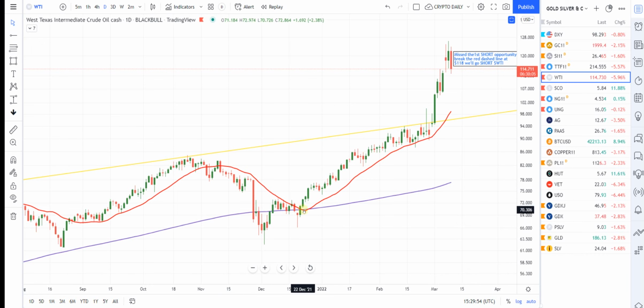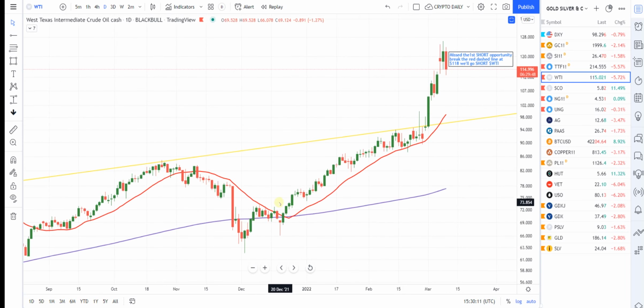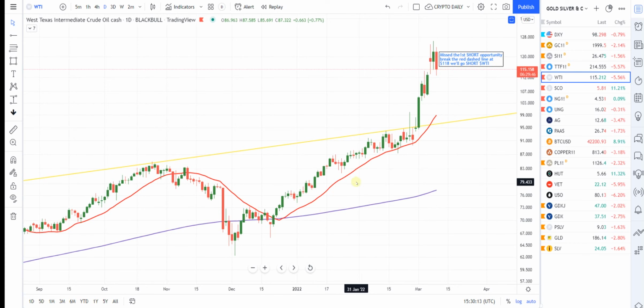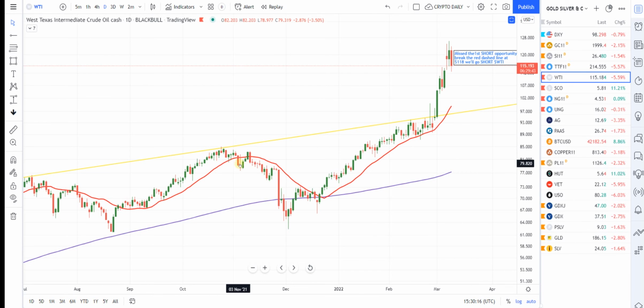And then if the 20, of course, is under the 200, that purple line, and the 20 crosses under the 200 as well, with price already well below the 200 as the 20 comes under it, then you're in even deeper trouble. So right when that price starts getting under 200,